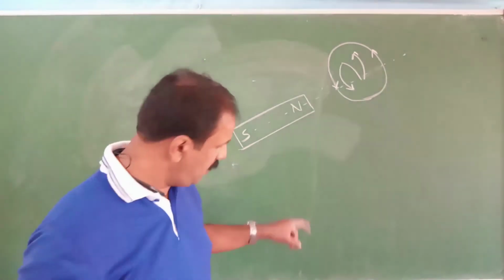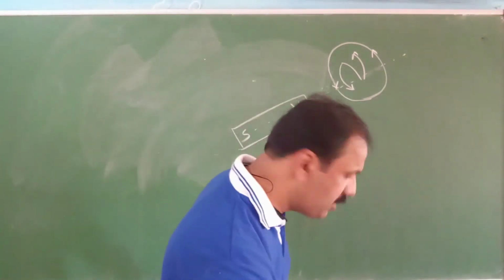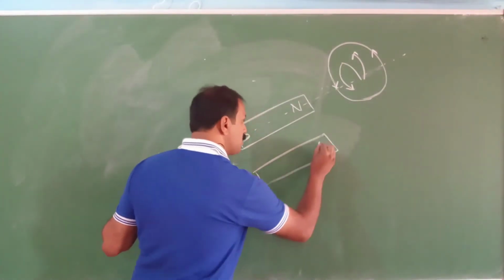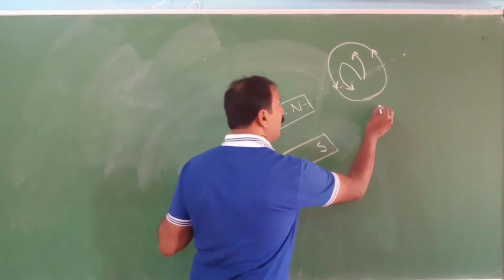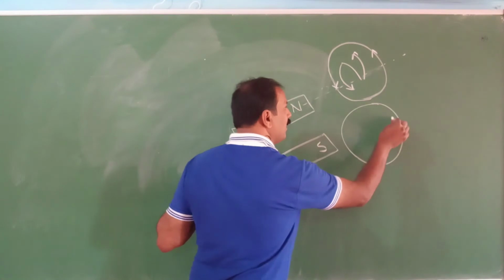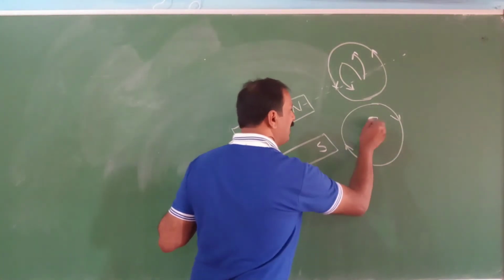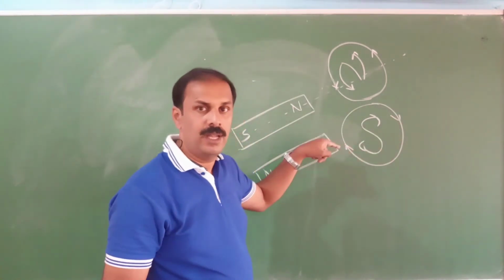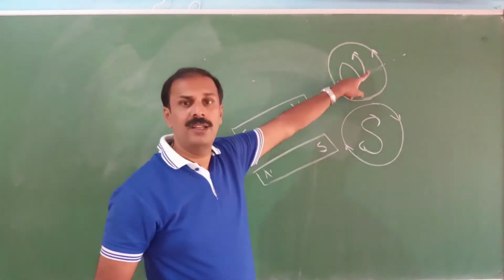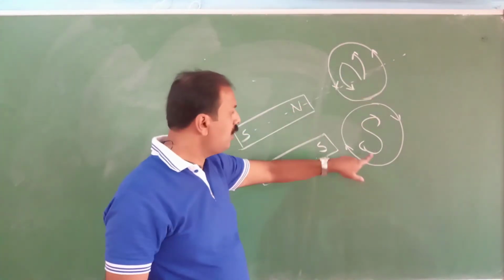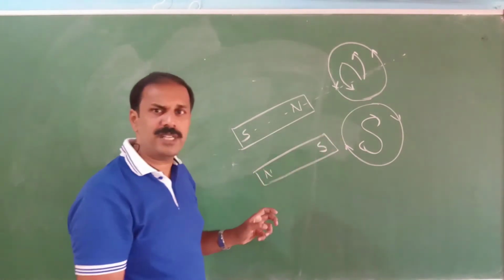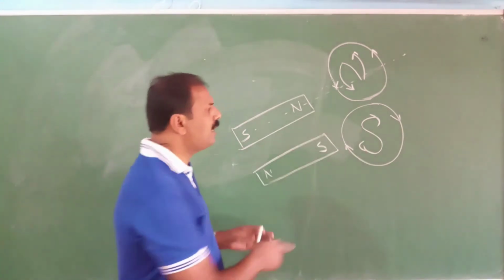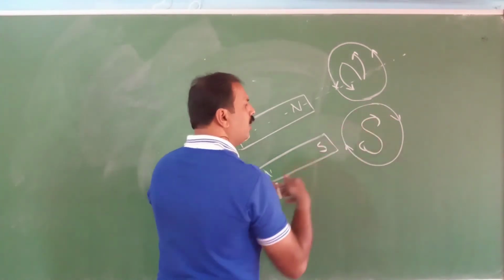In the same picture, we can draw it in different ways. Instead of this north, if you push south toward that direction, then what will happen? The current will be like this. You can easily remember the direction like this. And if you push north, it will be just like N here. Because you are pushing south towards that side, when you push south here, south should come here, then only it will repel. So if south should come here, you have to use the right hand rule, so the current should be like this.